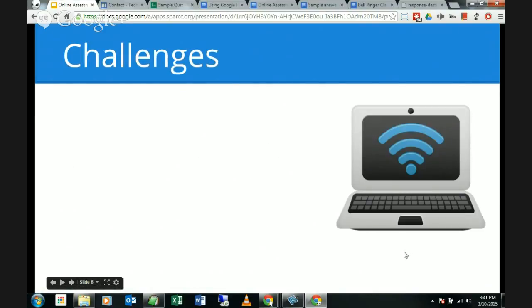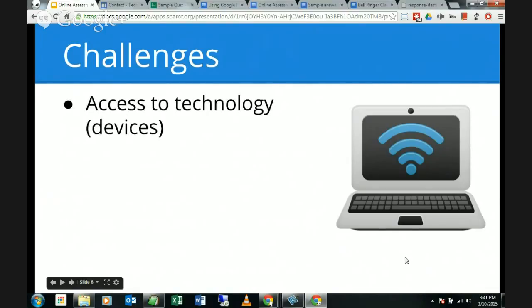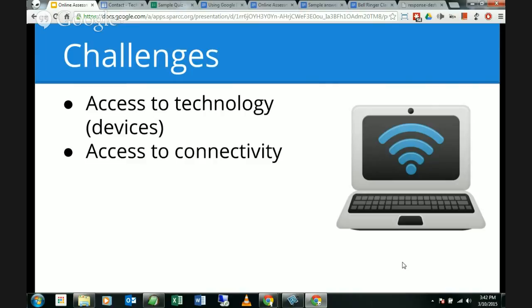With all of that said, though, there are challenges, certainly. You do have to have access to technology. If students don't have a device, a laptop or a tablet or a phone or a computer, then yes, that is a barrier to them being able to do online assessments. So that can be a challenge for schools, as well as access to connectivity, making sure that students have Wi-Fi